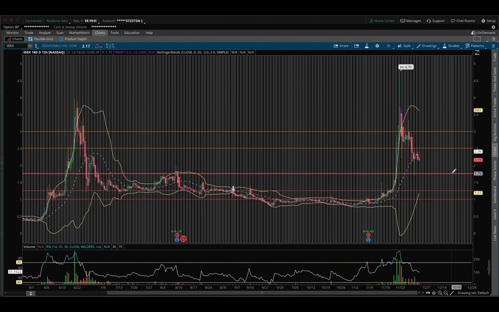Like 10-15% you have right here. So if you wanted to start scaling, and I'm not saying play IDEX, but just let's use it as an example, if you wanted to start scaling in, you'd probably be looking for a chance that it bounces off $2,